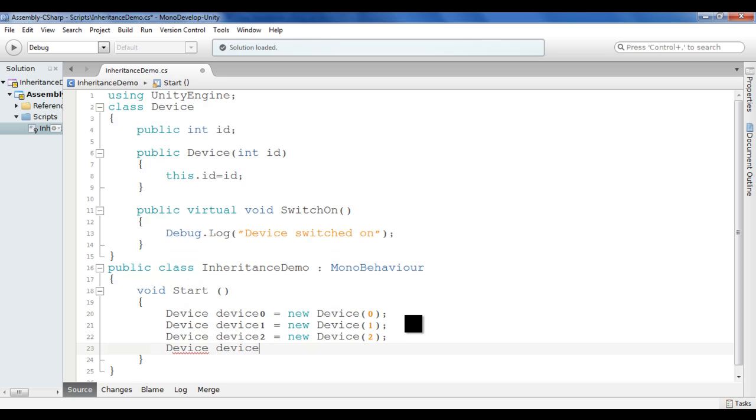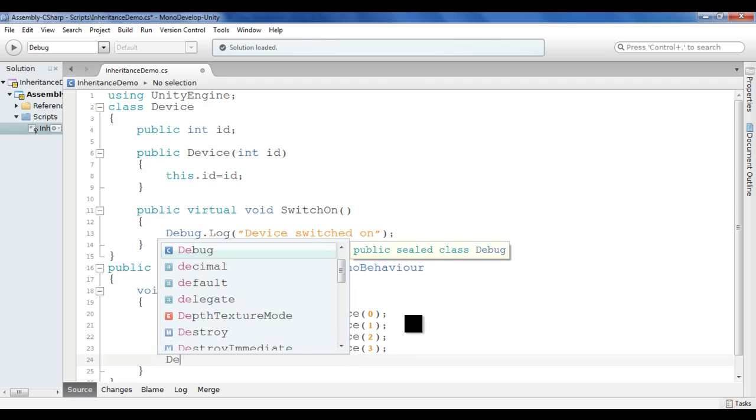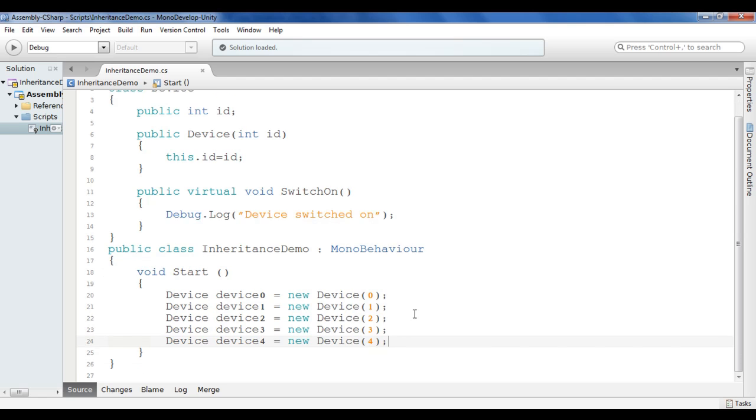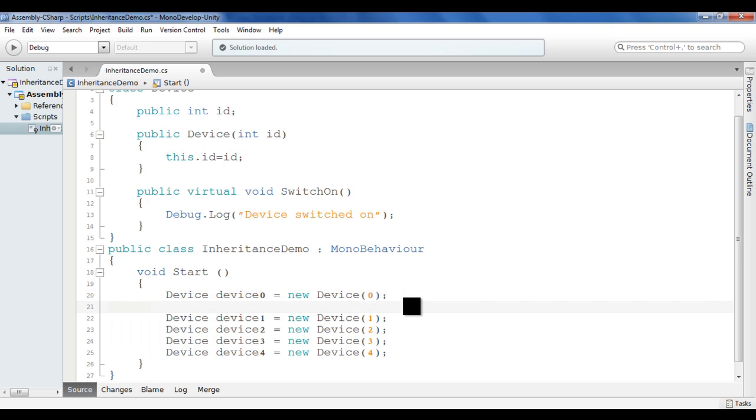Device3 is equal to new device 3. Similarly, I can create another device, device4 is equal to new device of 4, bracket close, semicolon. Like this I can create any number of devices,